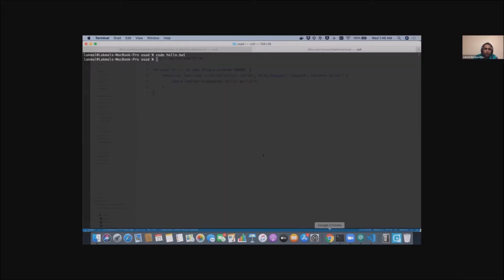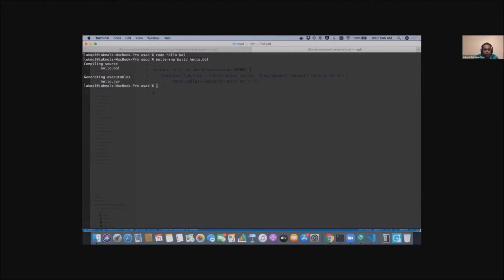Ballerina is a compiled programming language. We can use the Ballerina compiler to compile. So we use ballerina build hello.bal. Bal is the extension for this programming language. The current implementation uses a JVM based compiler, so it will create a jar when you compile.